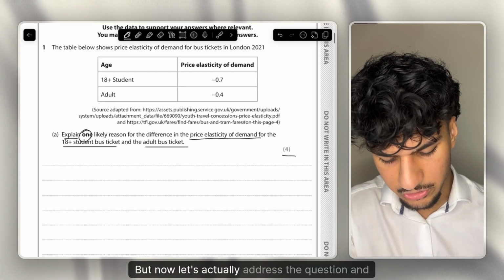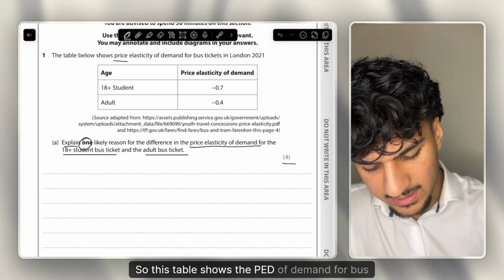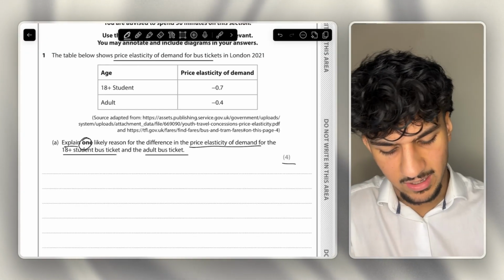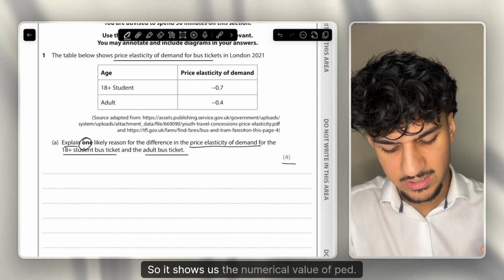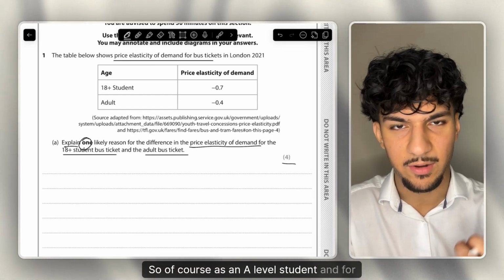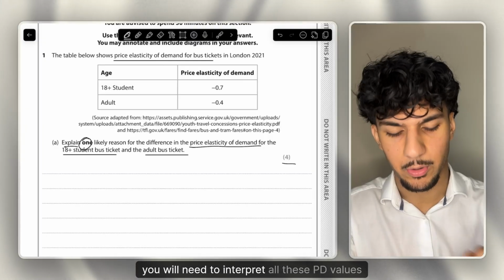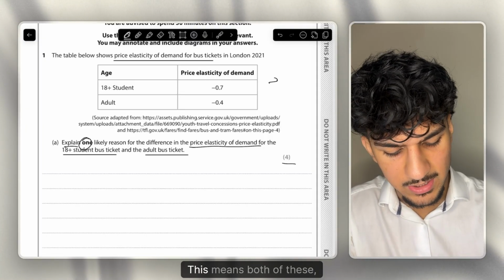But now, let's actually address the question and let's firstly look at this table. So this table shows the PED of demand for bus tickets in London 2021. And what does this actually show us? So it shows us the numerical value of PED. So of course, as an A-level student and for Edexcel, you will need to interpret what these PED values mean. So 0.7 and 0.4, this means both of these